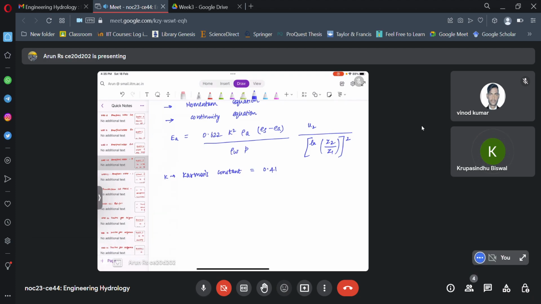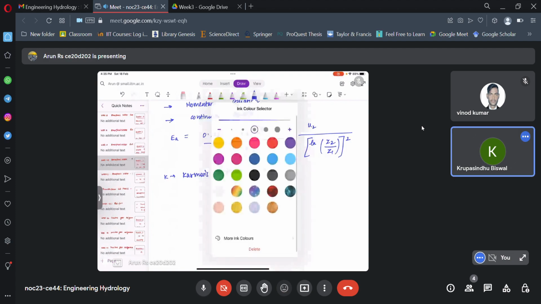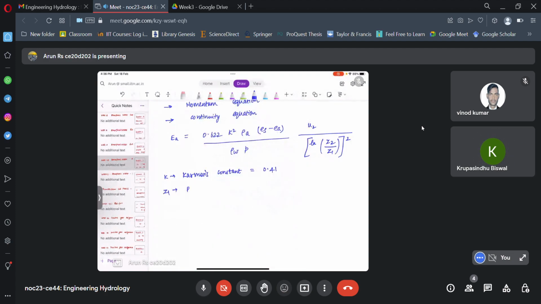Then you have Z1 is the roughness height at ground level. Z2